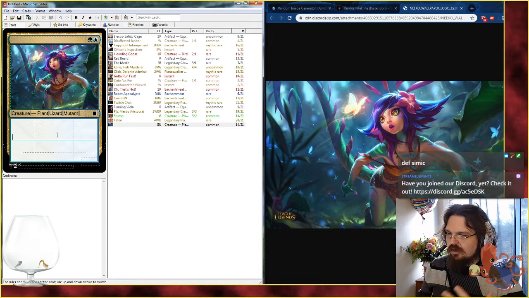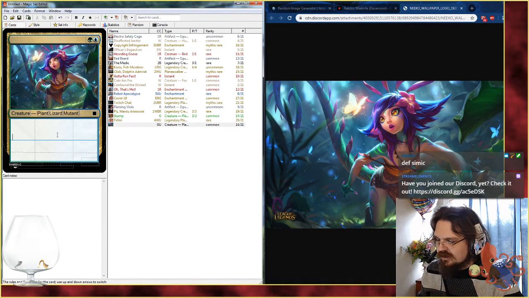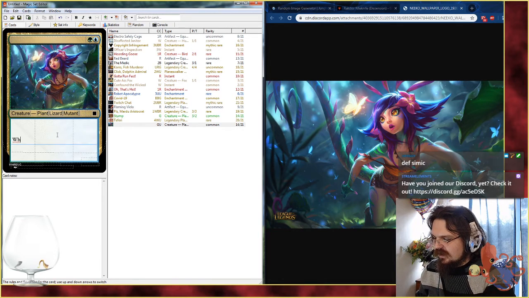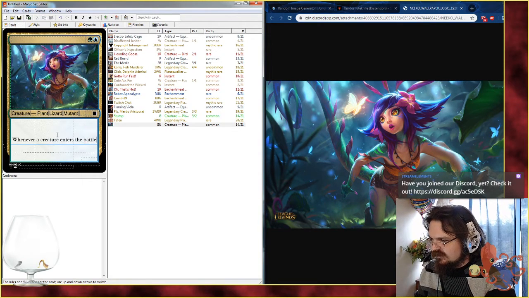Maybe she can't hold her shape. Maybe she just changes shape when she sees something new. So like, whenever a creature enters the battlefield, card name becomes a copy of that creature,